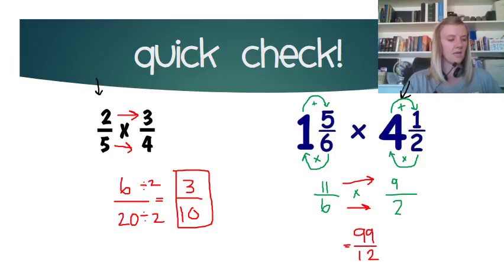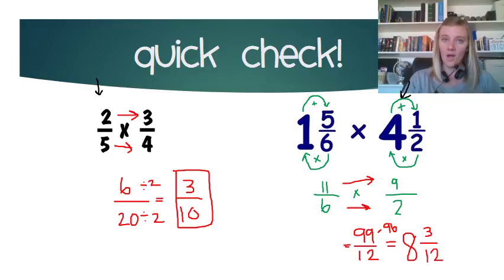So if I take 99, divide that by 12, I get 8 wholes out of it. 12 times 8 is 96. I can't get any more whole groups of 12 out of 99. But 8 times 12 is 96. That's what I took out of my numerator. So I have to subtract that from my numerator. And I am left with